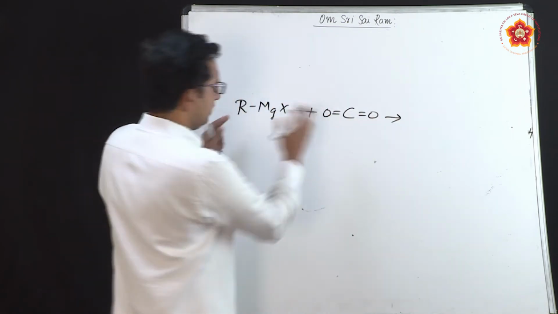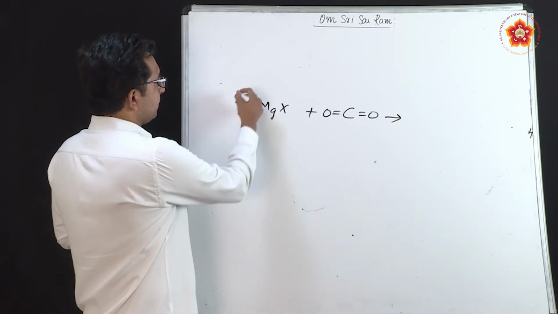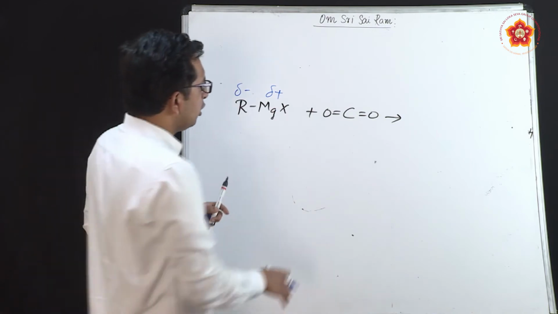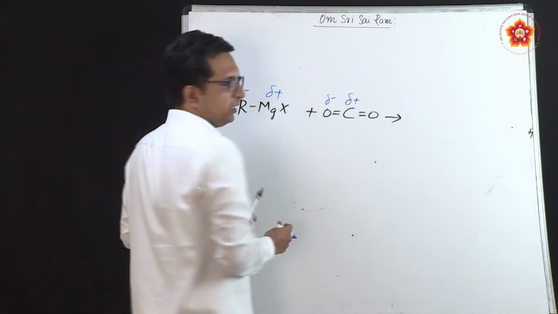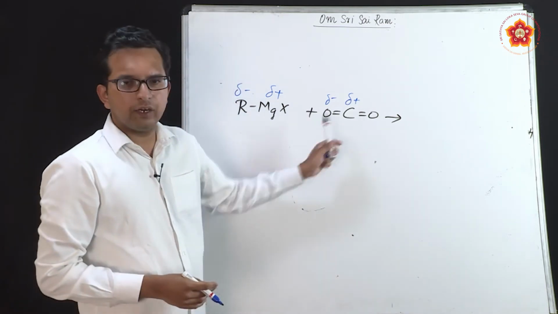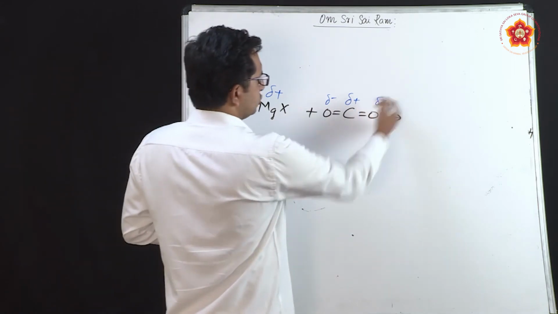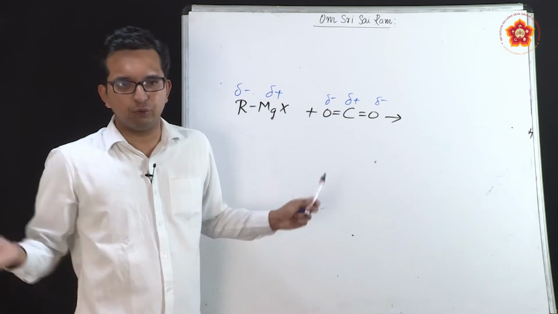This is the main reactant that we tend to take. Now, as we see the substituent parts here, R minus, delta plus, we already studied this part. We know very well here that this should be delta plus and this should be delta minus, because carbon and oxygen have an electronegativity difference. The other way around you can write it here also, but what happens is at one particular point you can't break on both the sides.